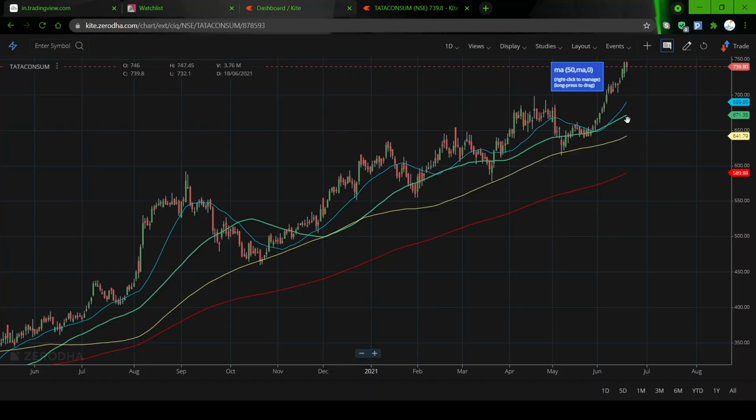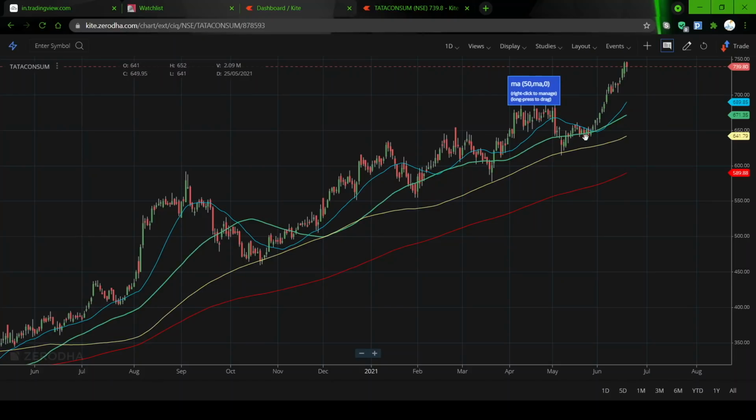So better to take positions when the stock is near its support level or the price is near the moving averages. This was the right place to take. This was the right place to take. Even here we could have taken, but now in the last 2-3 weeks the stock has gone up like anything. It is time for the stock to come down. Maybe sometime in August we will try to take a position there, because July we have already taken a position. By August, hopefully it will come back to the 50 moving average or 100 moving average.